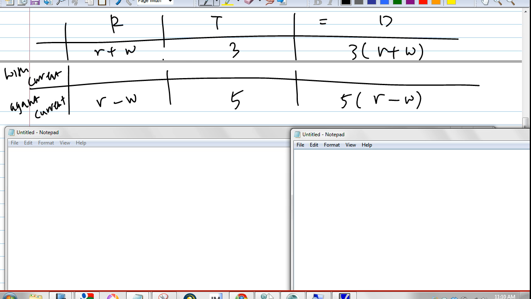Now, how many equations would you need? Since we are using 2 variables, we need 2 unique equations, don't we? So, who could tell me one of the equations? Yes, Scott? R minus W